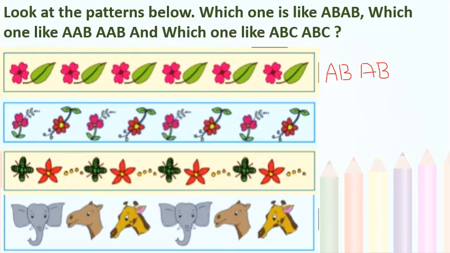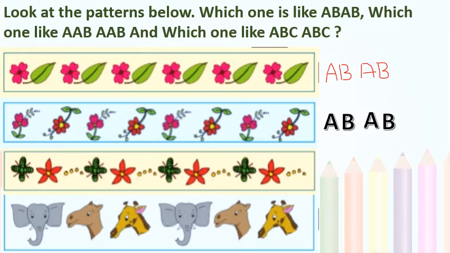One flower is erect. The other one is red colored and inverted, upside down. Again, a pink color erect, and the red one is inverted. So this is also, I think, AB, AB. Isn't it? The same repetition we can see here.